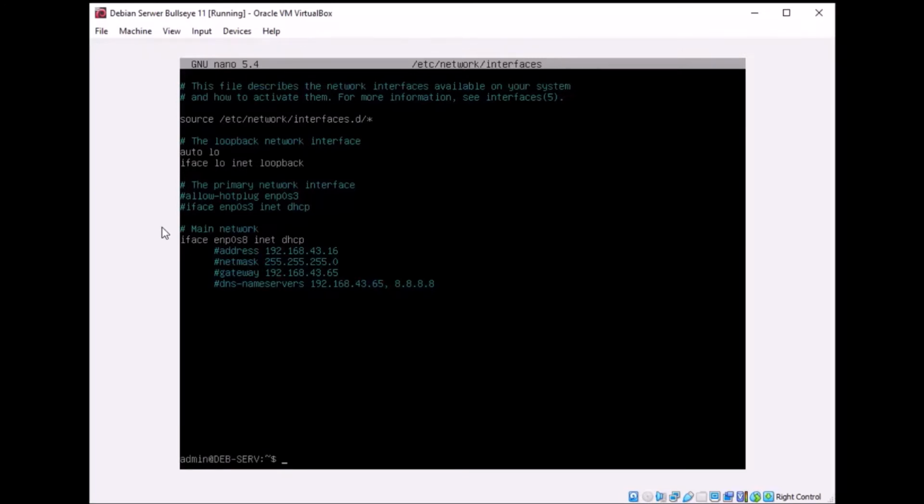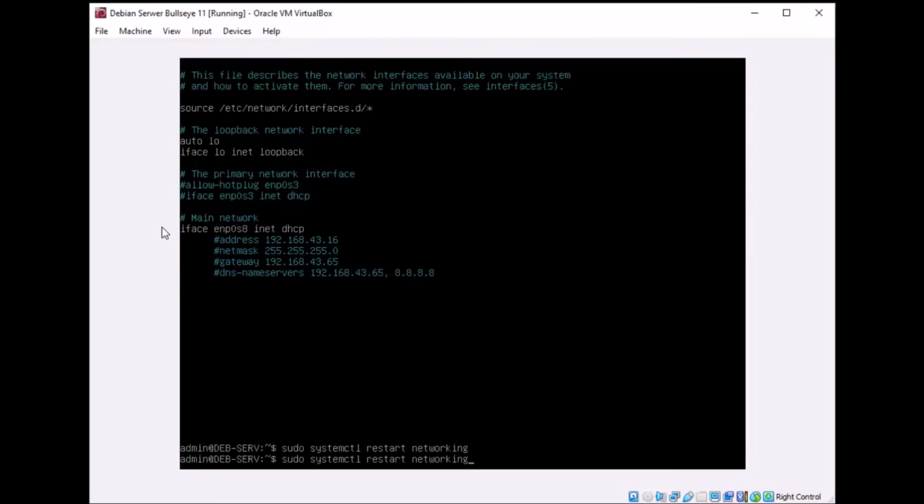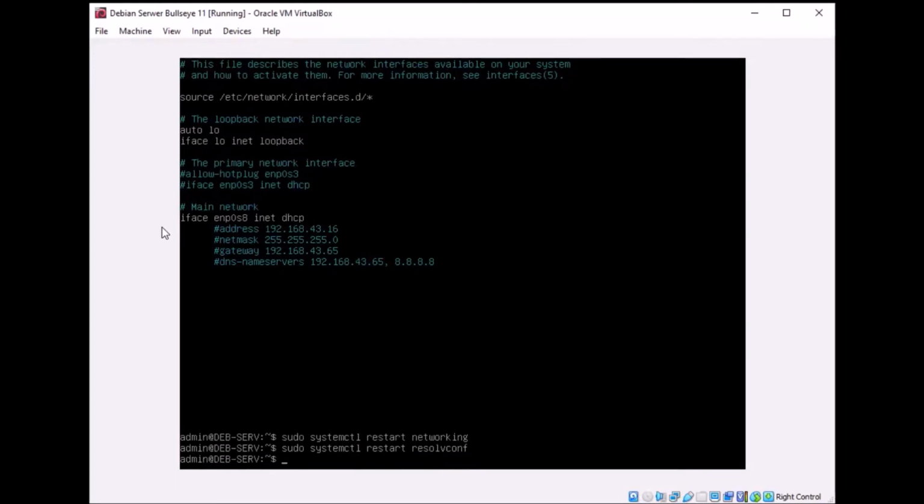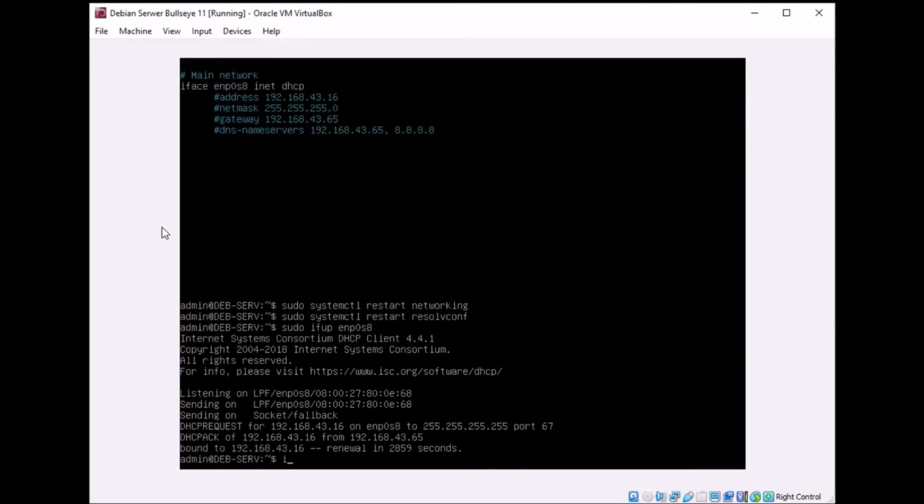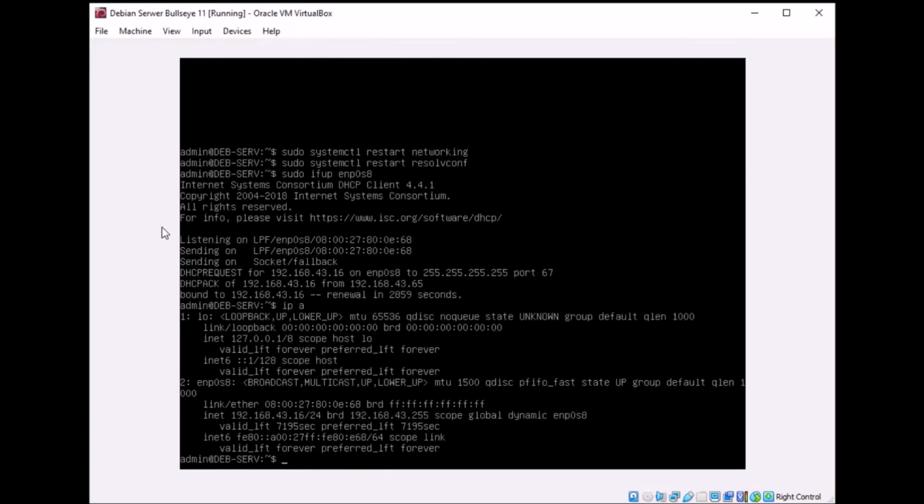Now we need to, of course, restart the main networking service, and then the resolvconf service. So sudo systemctl restart networking, and then restart resolvconf. Now we're gonna need to probably bring up the interface. So ifup enp0s8, sudo of course, and there you go. I got the IP address from the DHCP, and it's 192.168.43.16. So that's how you can check what kind of address is available for you at the moment,